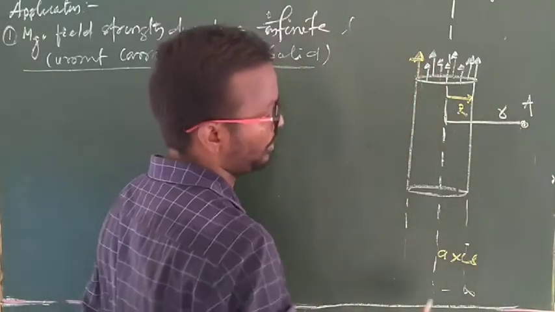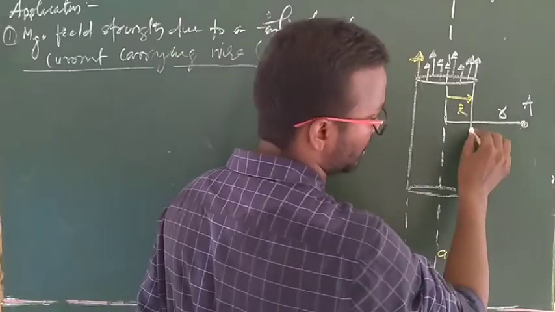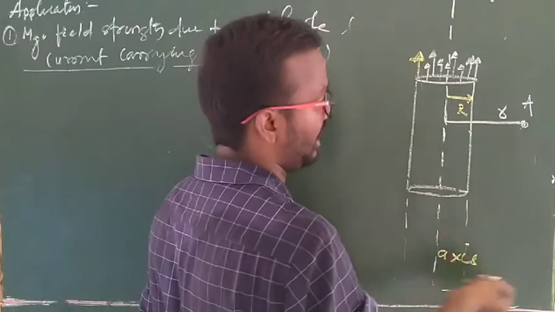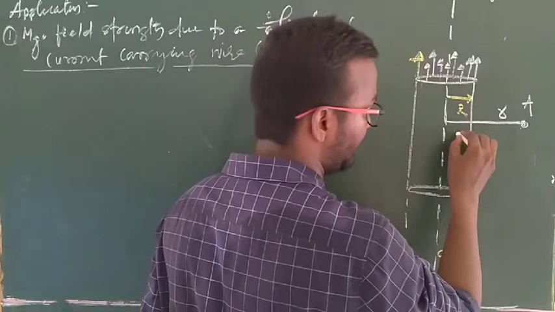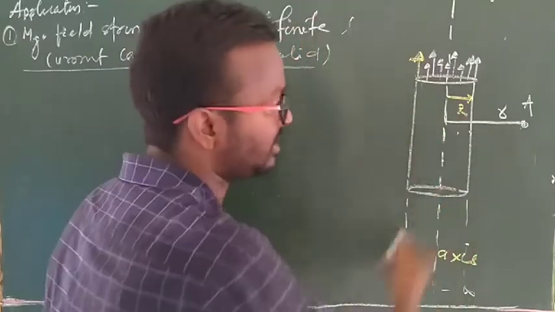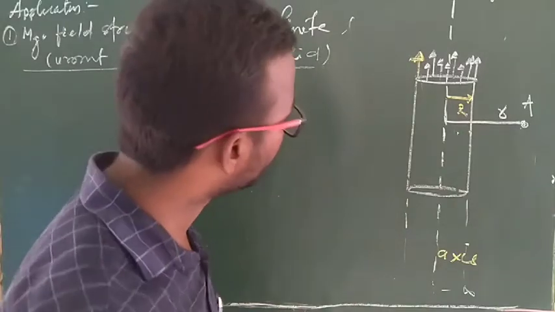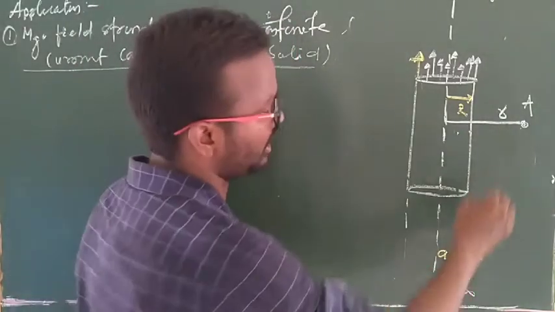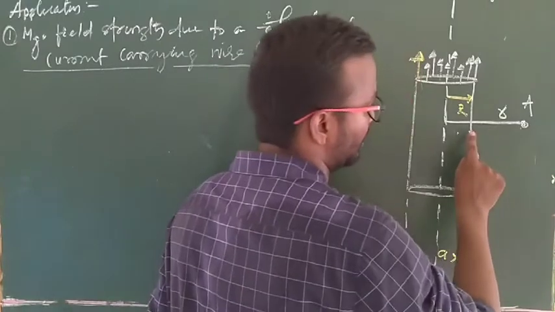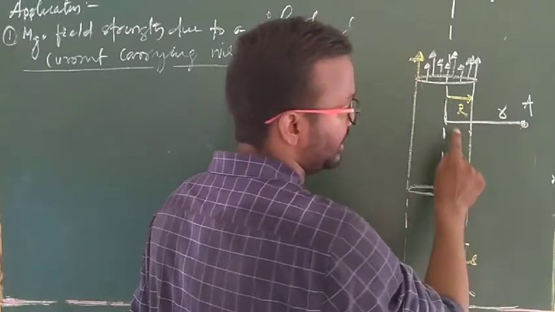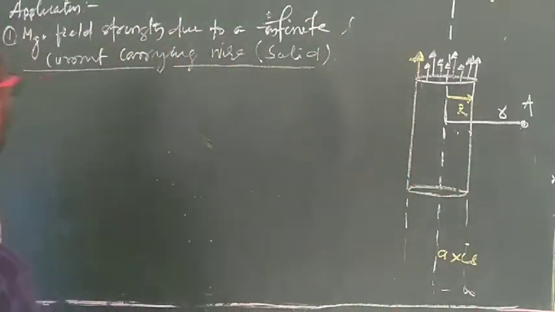And second, we have to find the magnetic field on the surface of the cylinder. And third, we have to find the magnetic field within the cylinder. Clear? So we have to find the magnetic field at three points: outside the surface, on the surface, and within the surface. Clear? So first we will go for